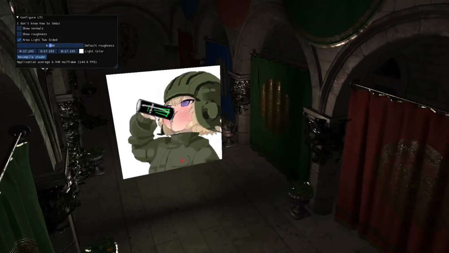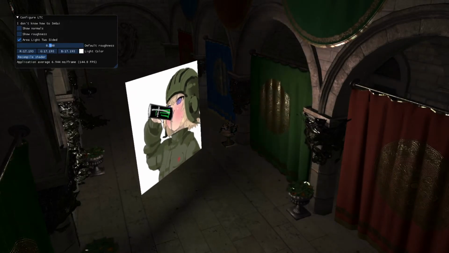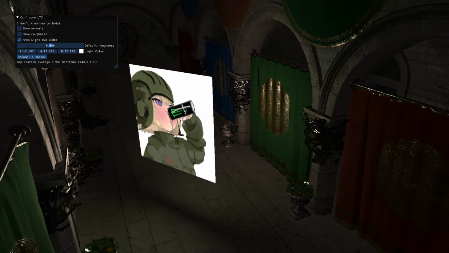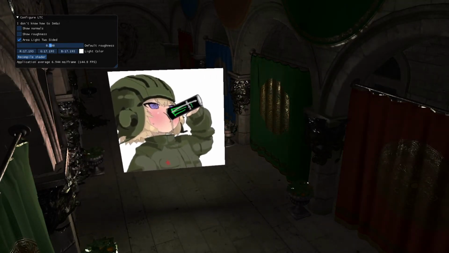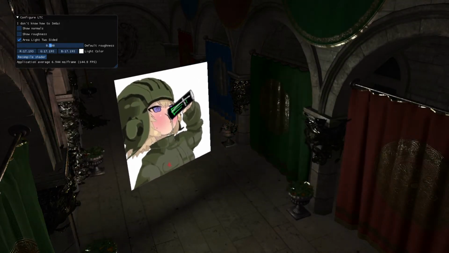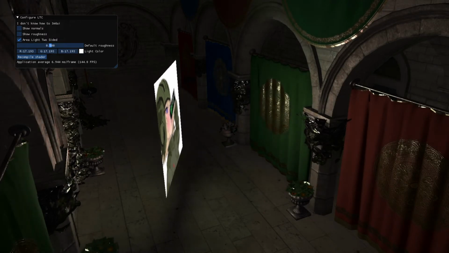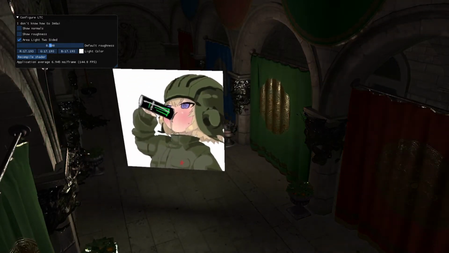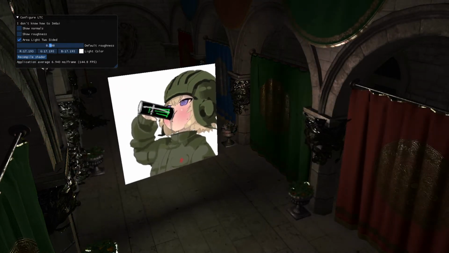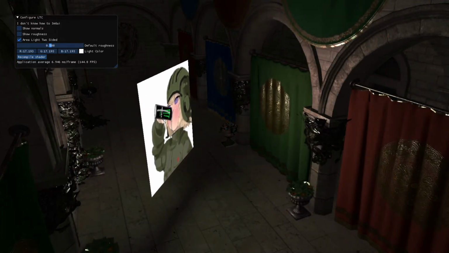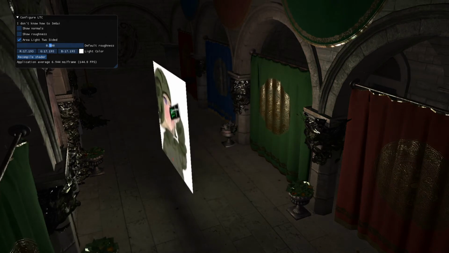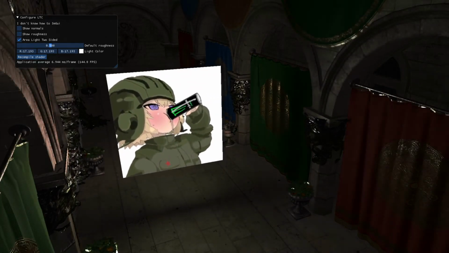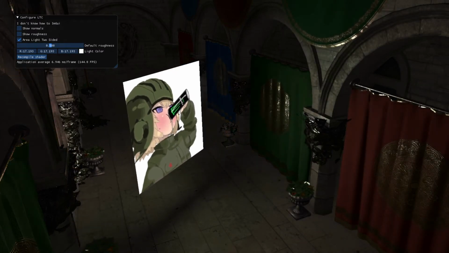I've coded a little C++ demo here, which shows a rectangular light, and the light emitted from this rectangle is affecting a lot of different complex geometry throughout this scene. It's doing so in real time, which means that we have about 6 to 16 milliseconds to calculate what the scene is going to look like each frame. It's also able to deal with different materials like this shiny gold marking as well as the diffuse green fabric